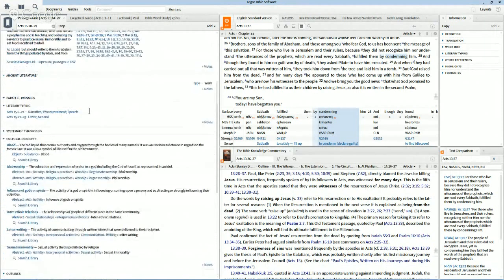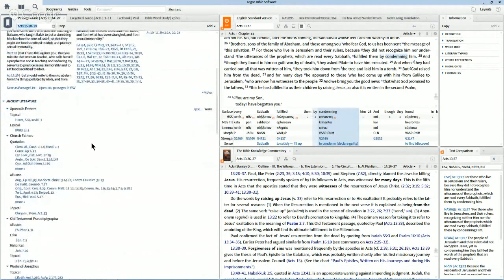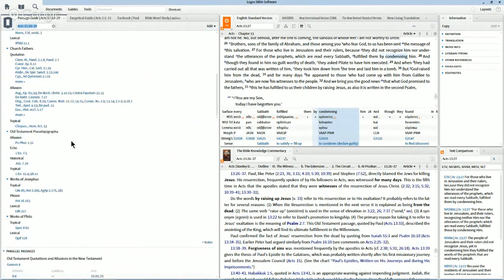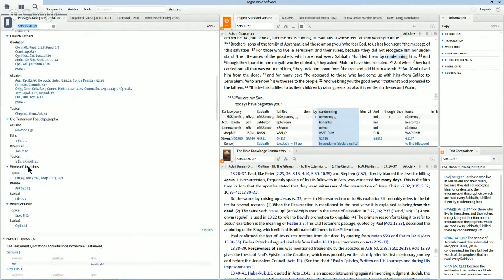So we see how powerful cross-references can be. Ancient literature takes that concept and expands it across the ancient world. Where else is this passage mentioned or alluded to, or the same ideas discussed across all of the apostolic fathers and church fathers? Where is it mentioned by Josephus and Philo and other ancient Jewish historians? And